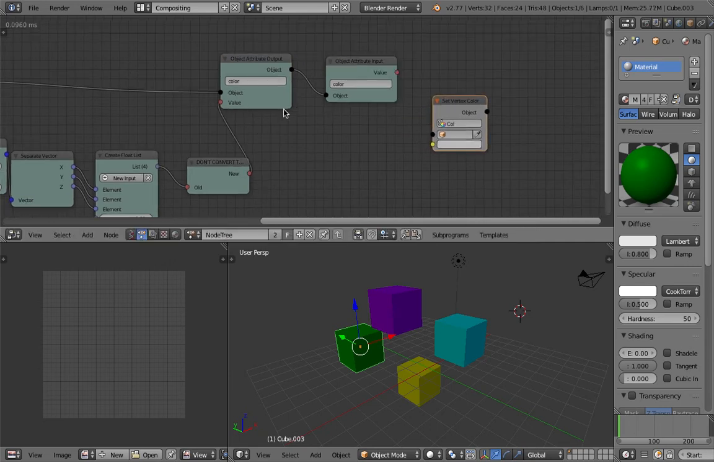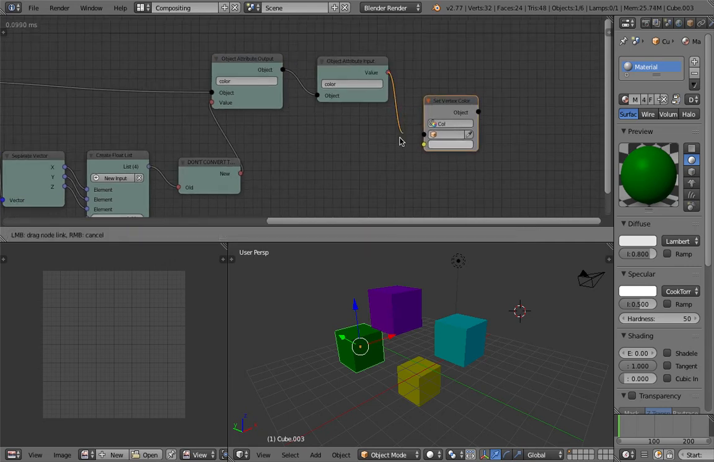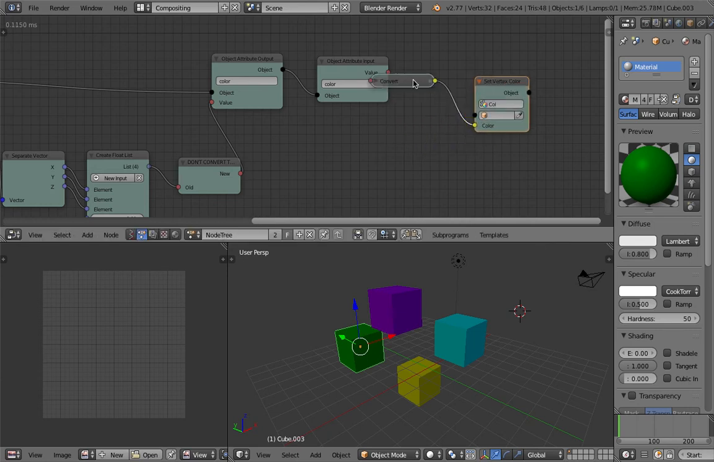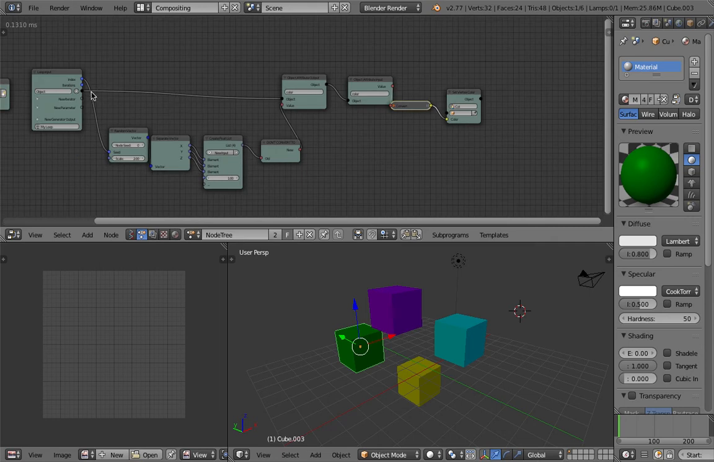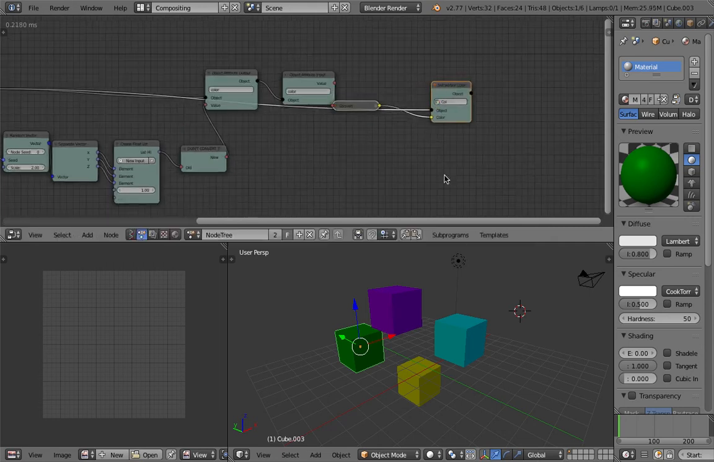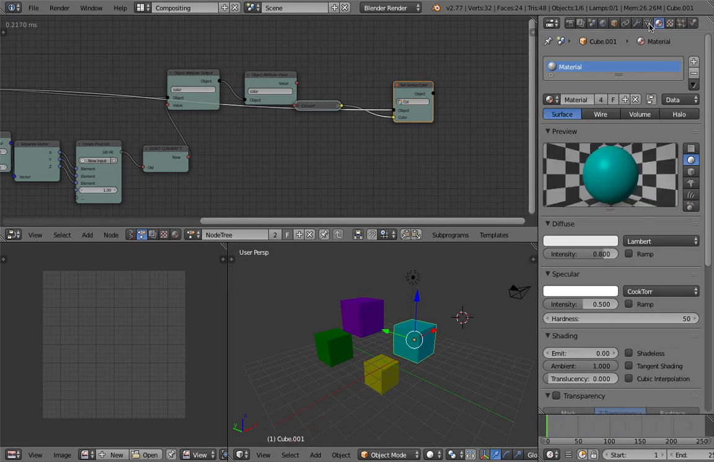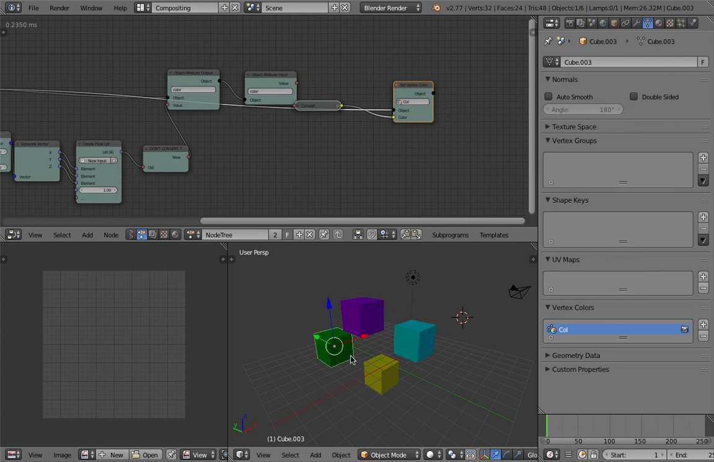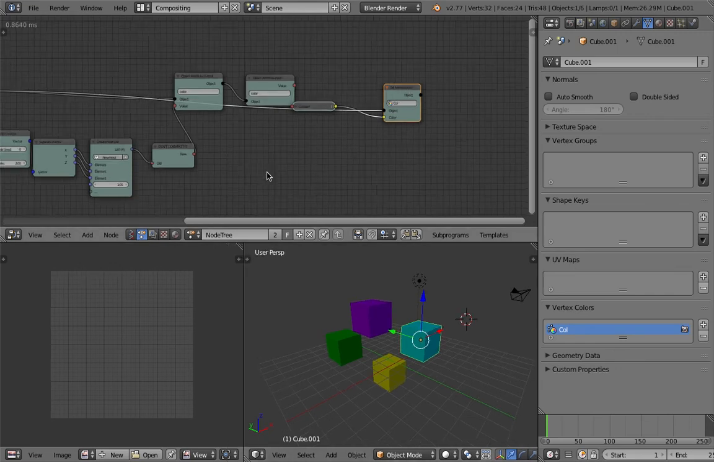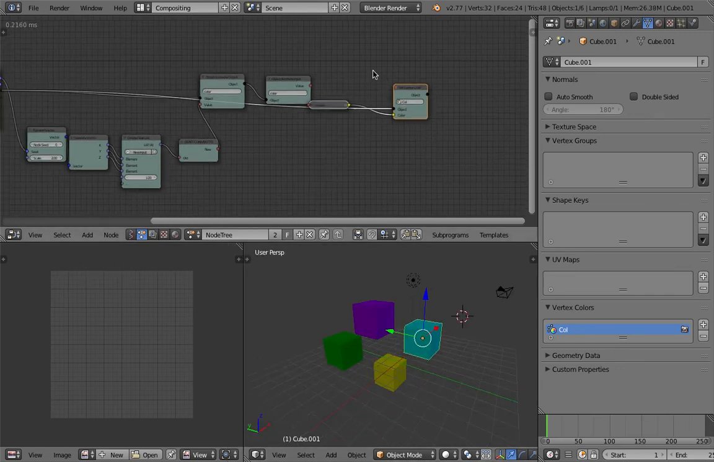Just plug it in, and magically now it should work. And then for each object it has this vertex colors data, and each one of them is corresponding to the object color. Okay, if I switch to render cycle render now,